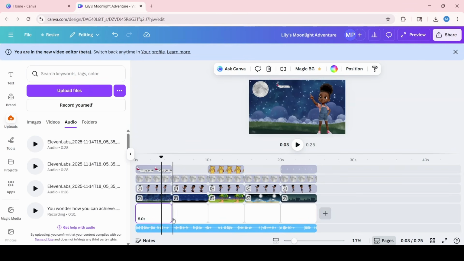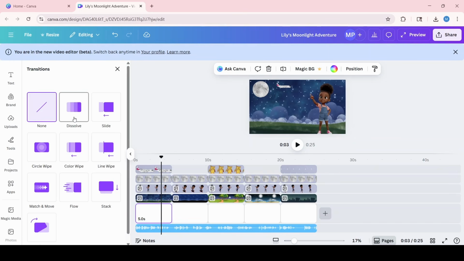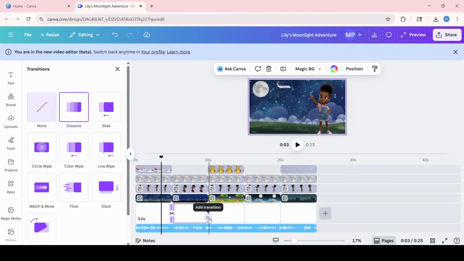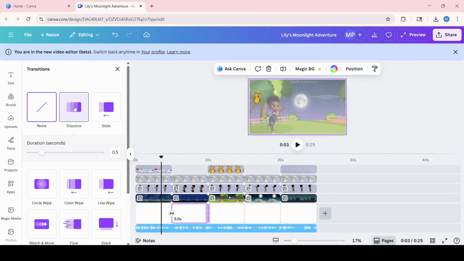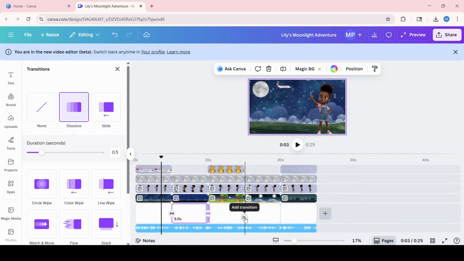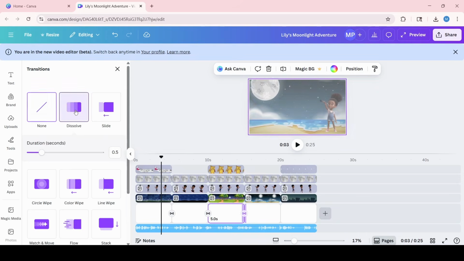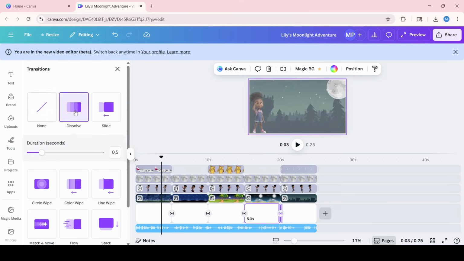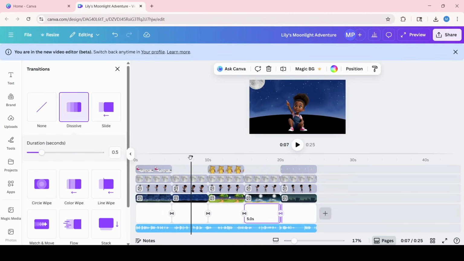What I'm going to do, I'm going to hover over here in the middle until I see this transition icon. Click on it and add a transition. I'm going to put dissolve in between all the clips. And I'm going to do the same here. Hover over here and click on dissolve and do the same for this one. Click on dissolve and the same for this one. Click on dissolve. Now that I've shown you how to do transitions within this new Canva, now let's work on